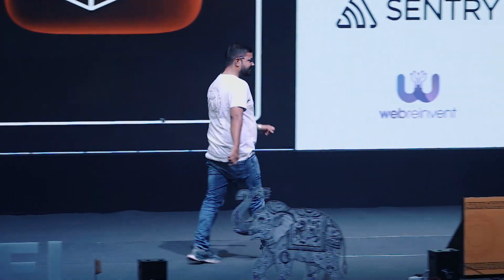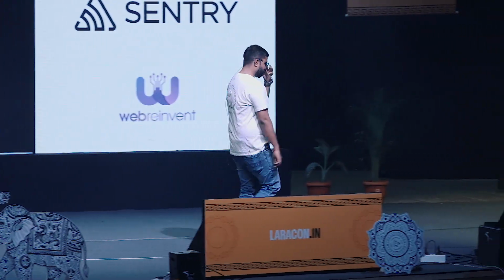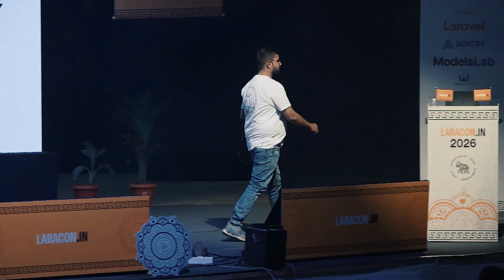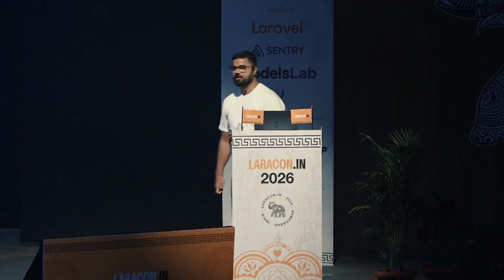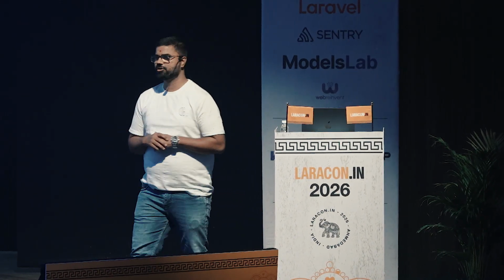Okay. So today my topic is all about how we can integrate a vectorized database in our Laravel application. I know some of you have already been doing it. Still, I think this is going to be a hot topic